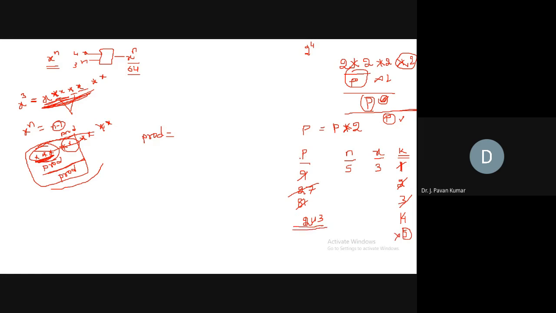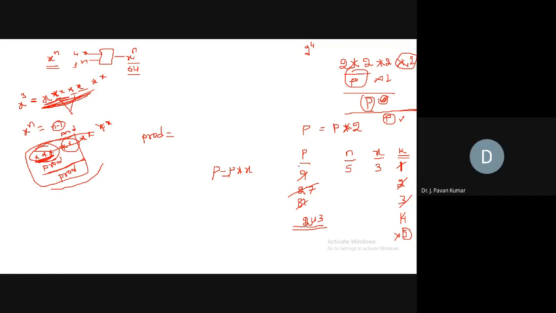Now, if you observe P value, we are updating every time. How are we updating P value? P is equal to this P value multiplied by X. 3 is nothing but X. So we are trying to generalize P is equal to P into X. Now consider for the first time how we will update P value. P value, we will update it as P into X.